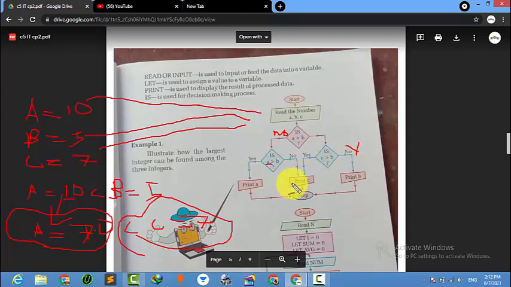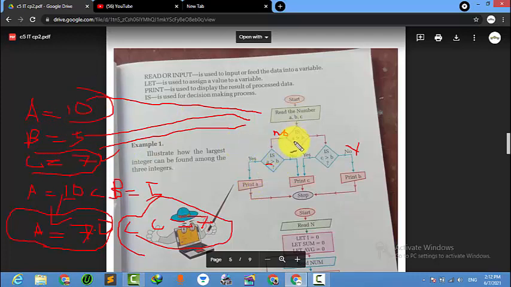Then the yes part is c. If c is greater than b, yes, true, then print c. Then here a is greater than b, right?